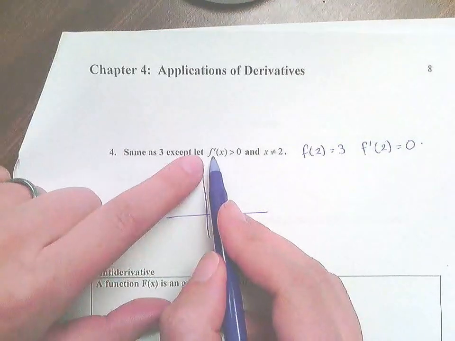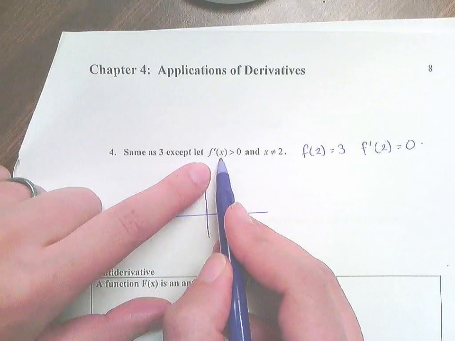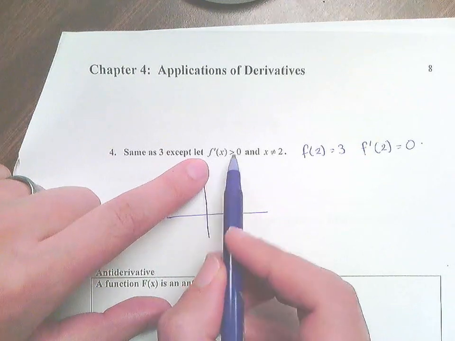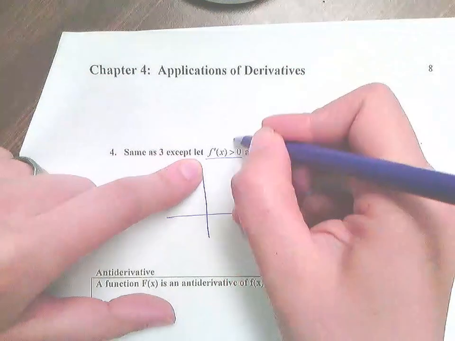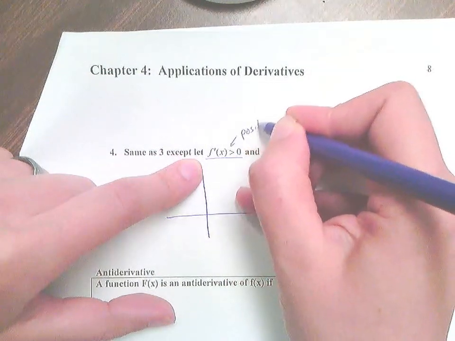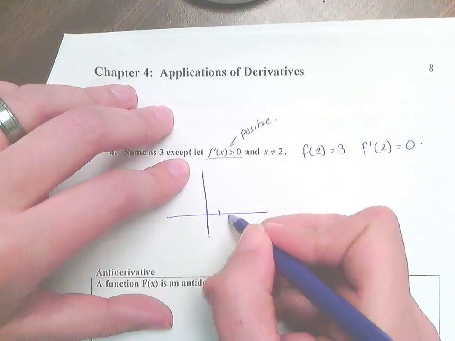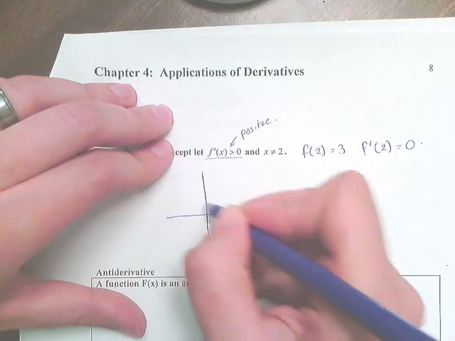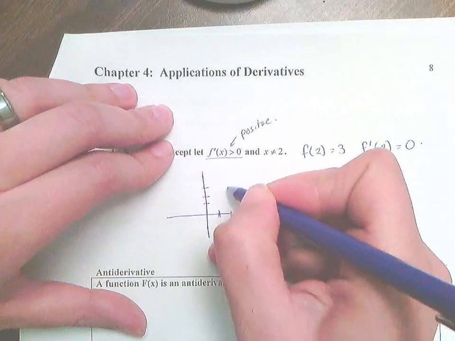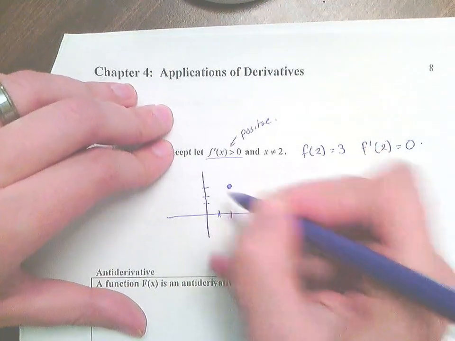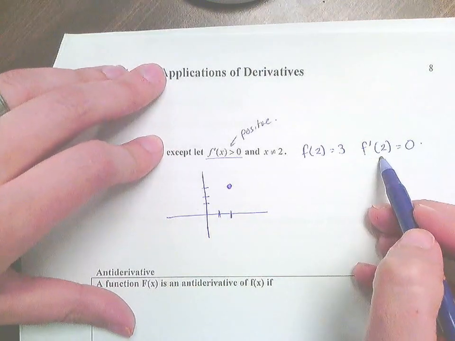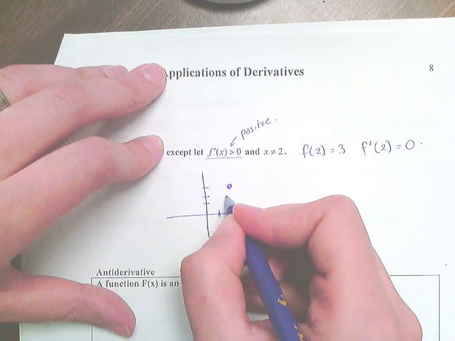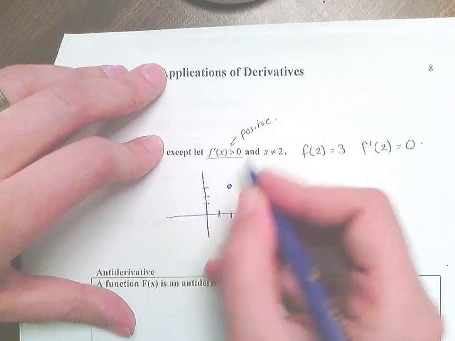So we're going to change the fact that the derivative of f of x is always positive. Okay? There is a point at 2, 3. And the slope at 2 is going to be 0. It's just